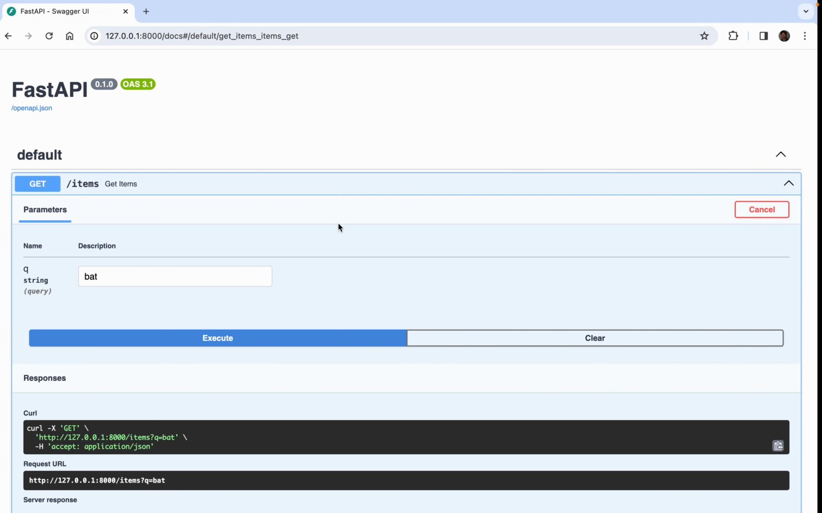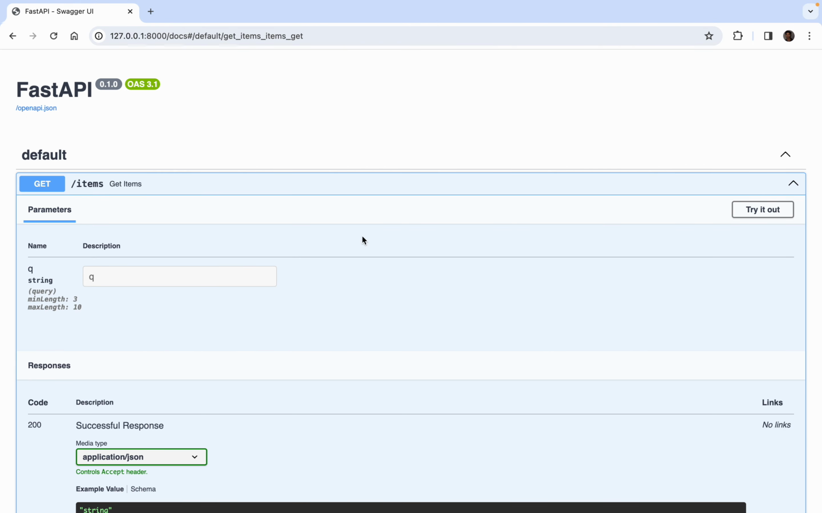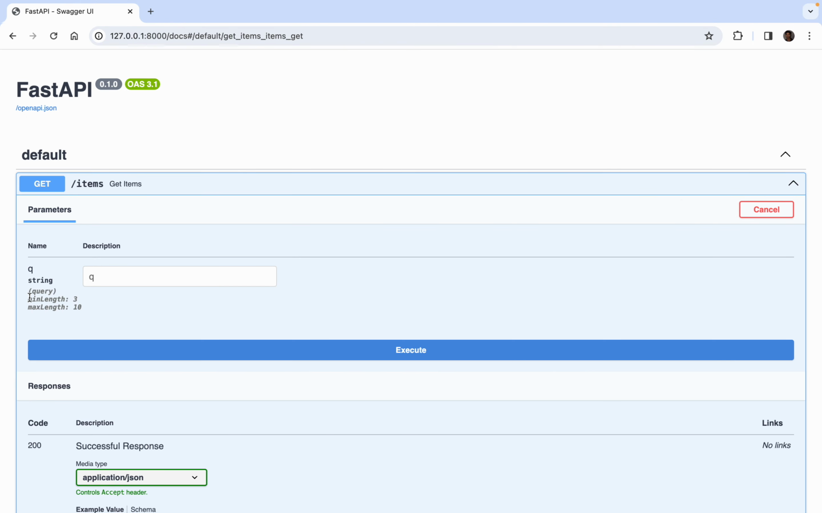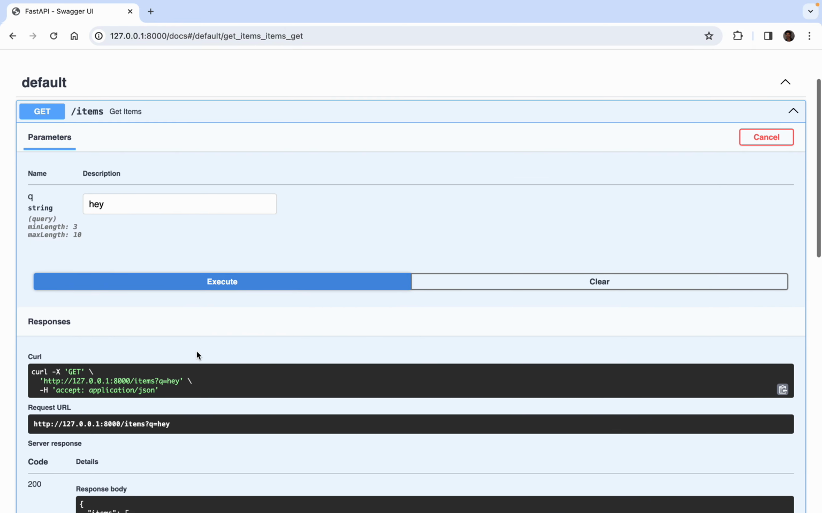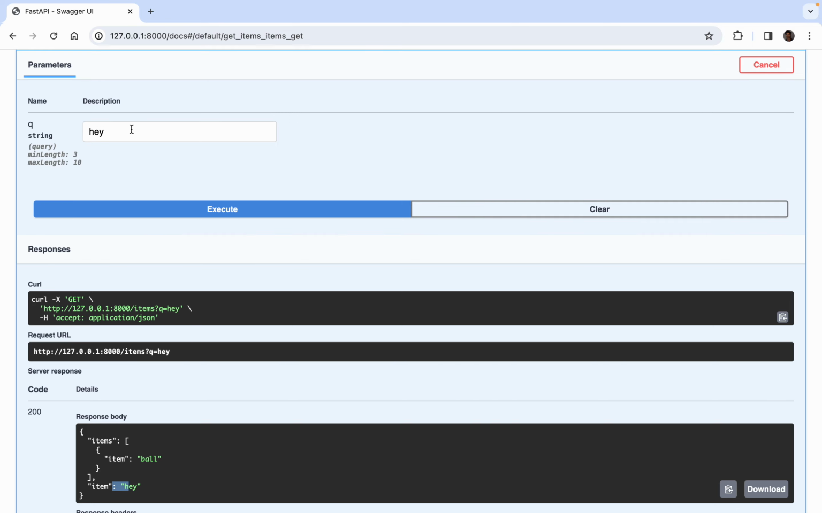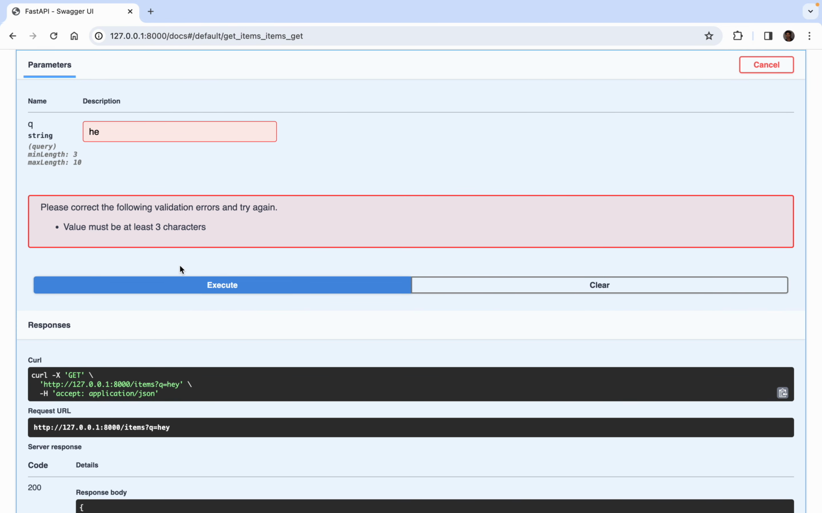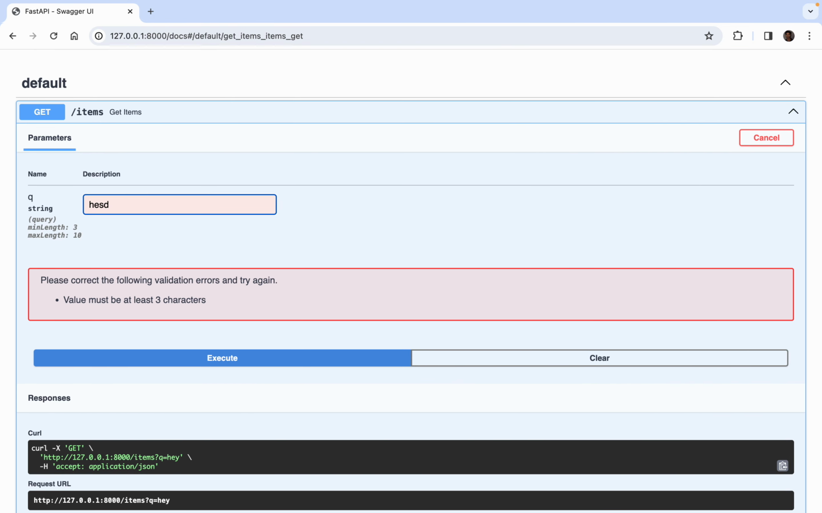So I'll rerun it and we'll just rerun this as well. Now see, this has shown me here the min length is 3 and the max length is 10. So if I just put here, suppose, hey, this works fine. Now suppose if I just do he, so this throws me an error. And if I just go over my max length, error again. So this is how we can apply certain validations